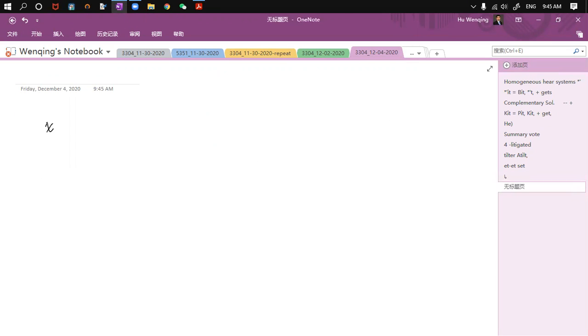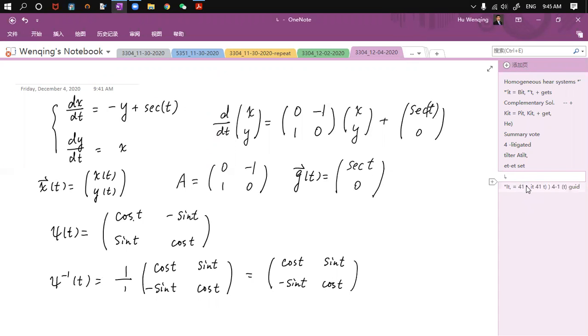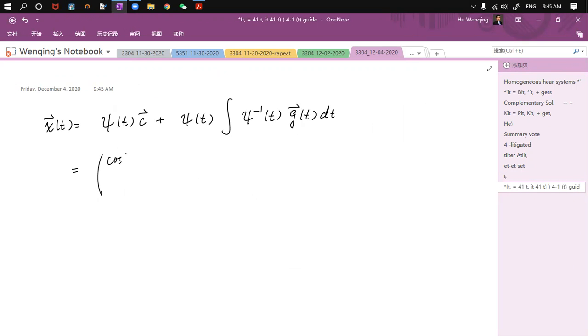So the formula says that the general solution is going to be equal to the fundamental matrix Φ(t) multiplied by the vector c, plus Φ(t) multiplied by the integral of Φ inverse of t multiplied by g(t) dt. Is that good, family? Okay, so you apply this formula, and you are going to see that Φ(t) is equal to cosine t, minus sine t, sine t, cosine t, multiplied by the vector c1, c2,